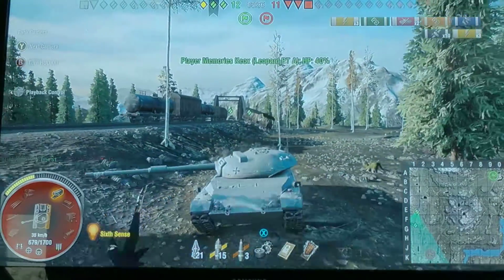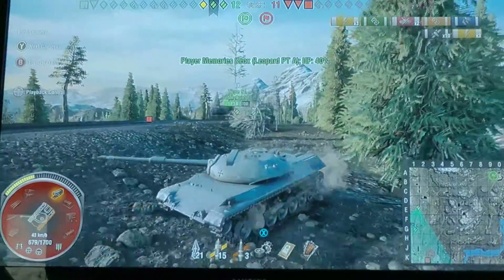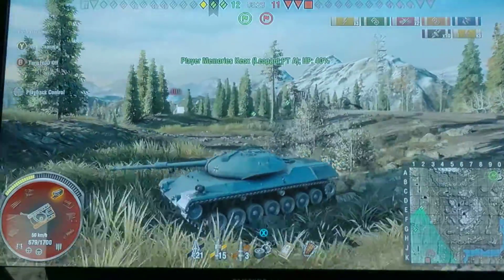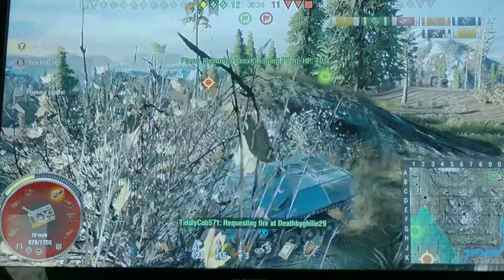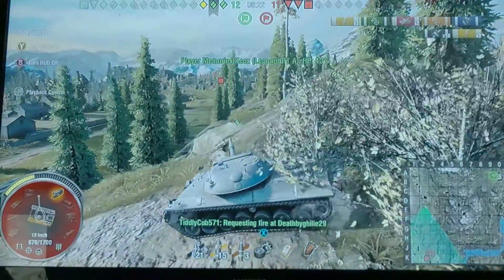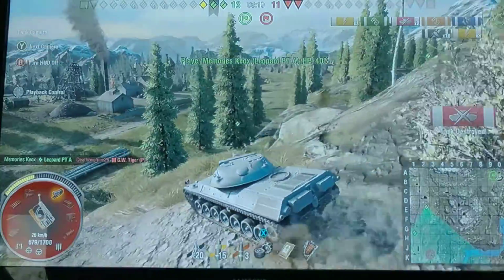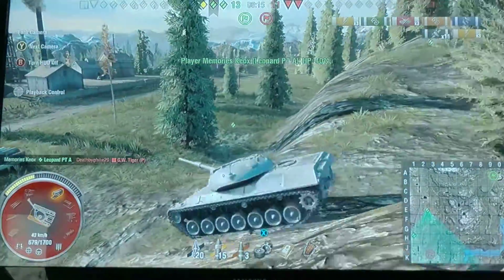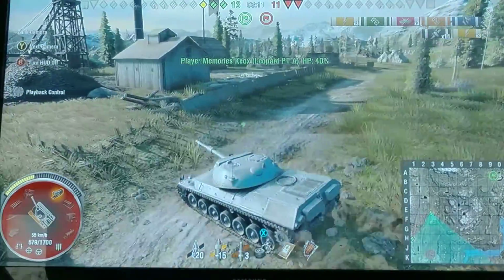I communicated to these guys that I was going to stay in my position at C8 and try to get vision to see if the Tortoise and the T-95 are coming to base. And if they don't get spotted, they're probably coming towards them. So they didn't give me an affirmative, which is fine. You never know if they're actually listening, which is nice when there's communication between the team, but